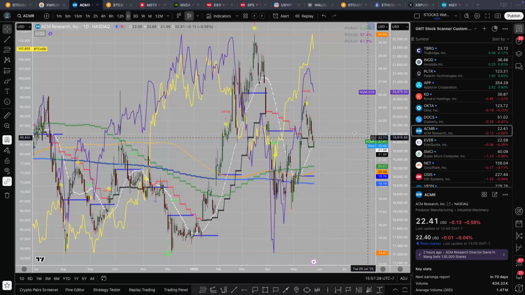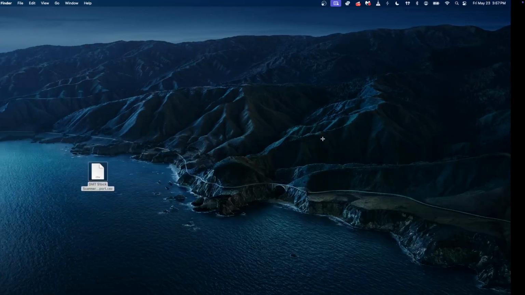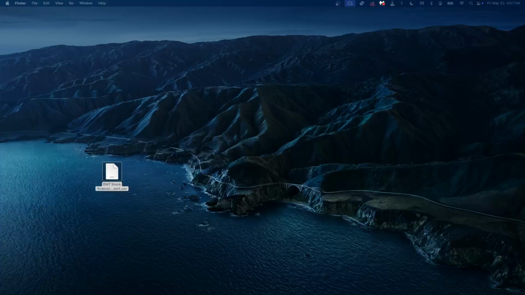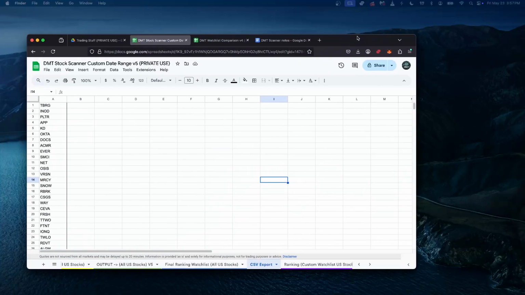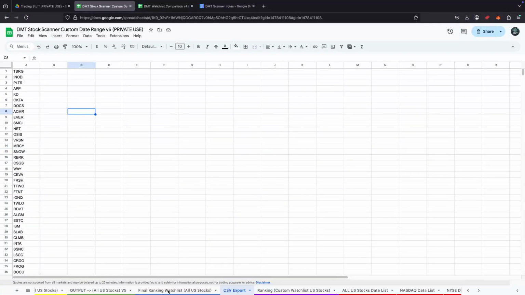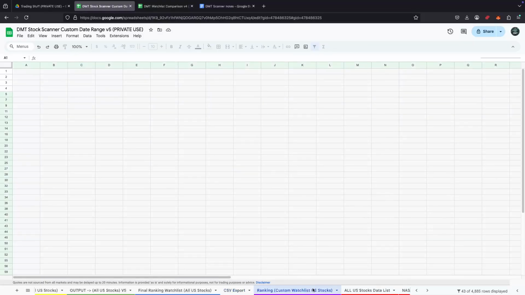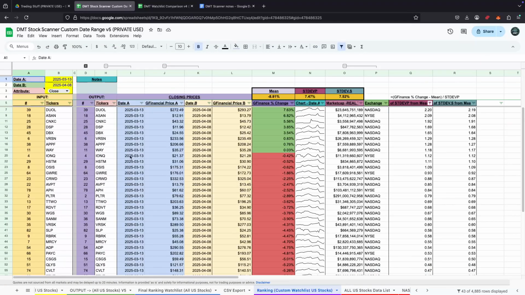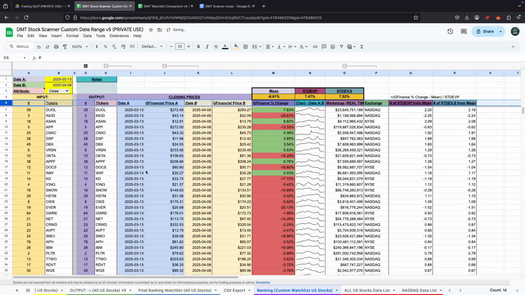All right, so you have a list. Long story short, so this list of stocks, I'm going to move this window back. We are going to put in here, ranking custom watch list. The reason for this, so again, best practices, remove all filters. So when we start over,